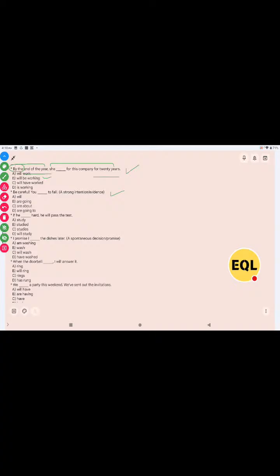Be careful, you dash to fall. Okay, this is a strong intention or evidence. Be careful. This sentence is in present, and you dash to fall. This should be in future indefinite, because if we have two clauses and one clause is in present definite, the next clause should be in future indefinite. So the answer is you will,